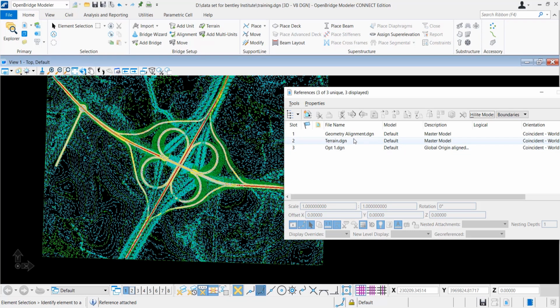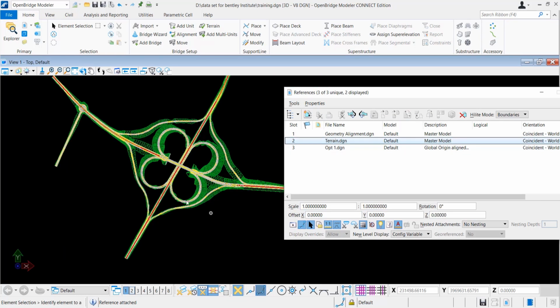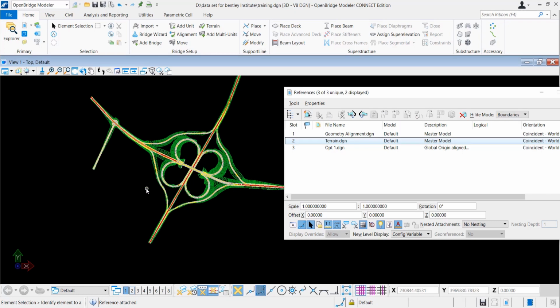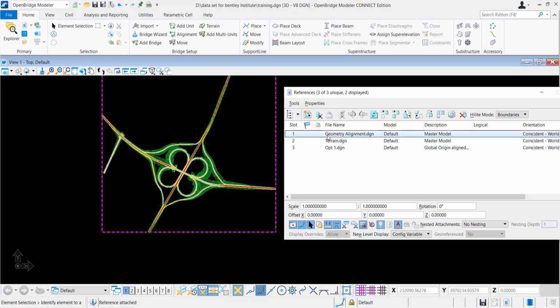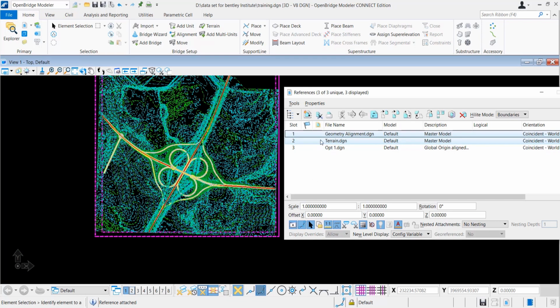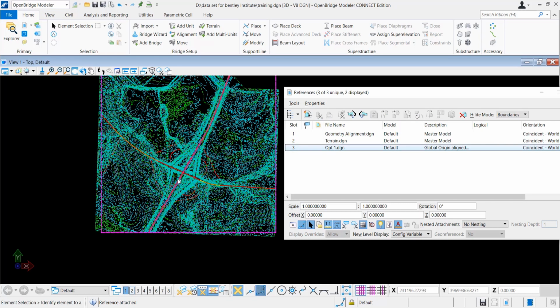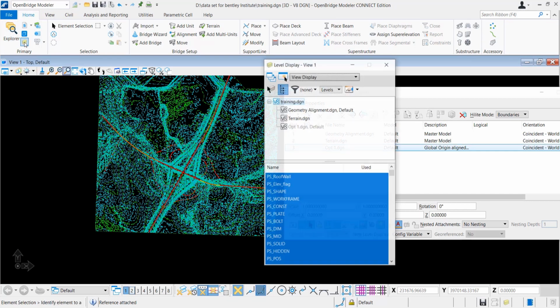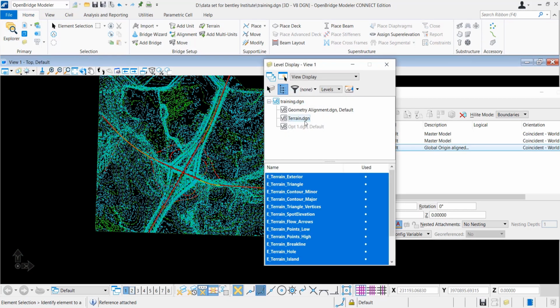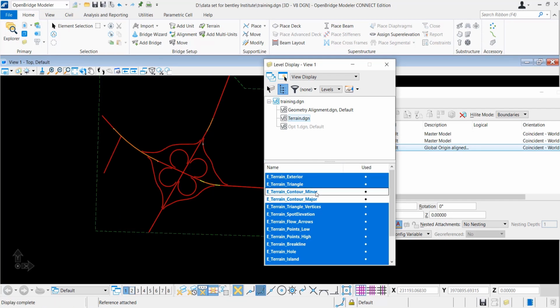So here are different options available. Under this camera button, you can actually turn a different file on or off. So you have attached three files, but at a time you can turn them on or off through this button. So now you can see that the alignment file will be on or off, and now we are operating with the corridor module. So select the file and then you can push that button to turn that file on or off. Then under this level manager, here also you can operate the same way, turning a certain level on or off.